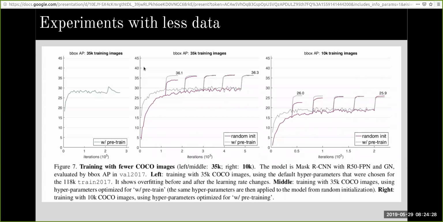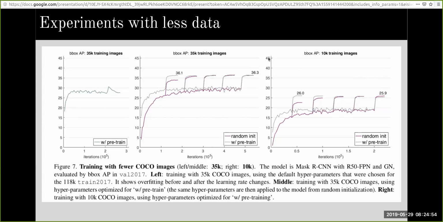That is what we see here in the middle plot. Even when the training images have come down to 35K from somewhere like 115K, the model which is trained from scratch still catches up and gets an accuracy which is almost the same as that of a fine-tuned model.